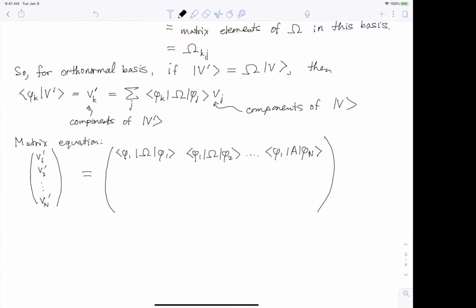Okay, and then the next row of the matrix is phi2 omega phi1, and this is going to be phi2 omega phi n. And then the last row of the matrix is going to be phi n